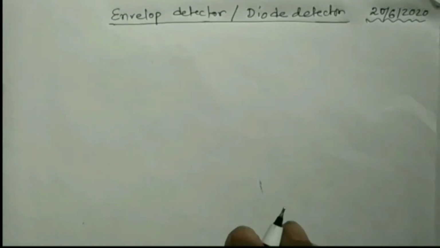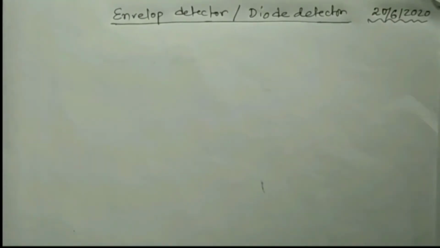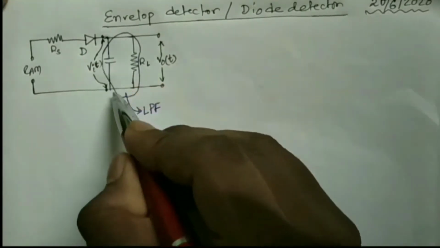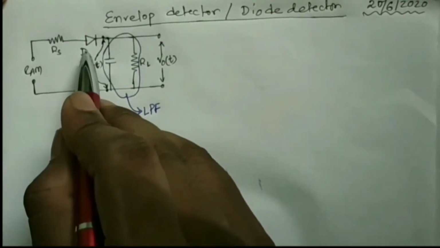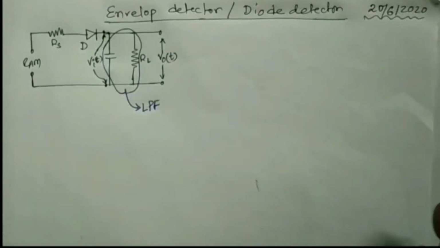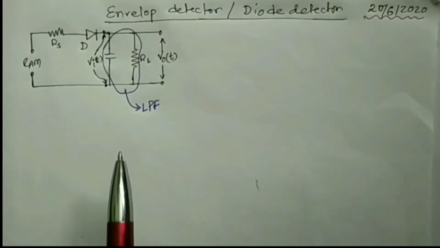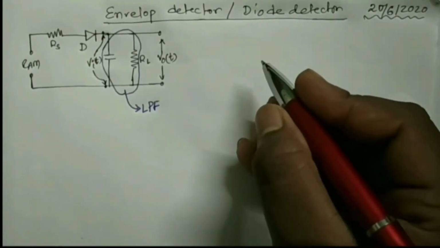The demodulator circuit consists of a diode and a low-pass filter, and the equivalent circuit looks like this. Here, this combined circuit of capacitor and resistor is the low-pass filter, and a diode is connected here. As we know, any diode circuit acts as a rectifier, that is, it passes the input in only one direction, so the diode is actually used to clip the positive or the negative side.